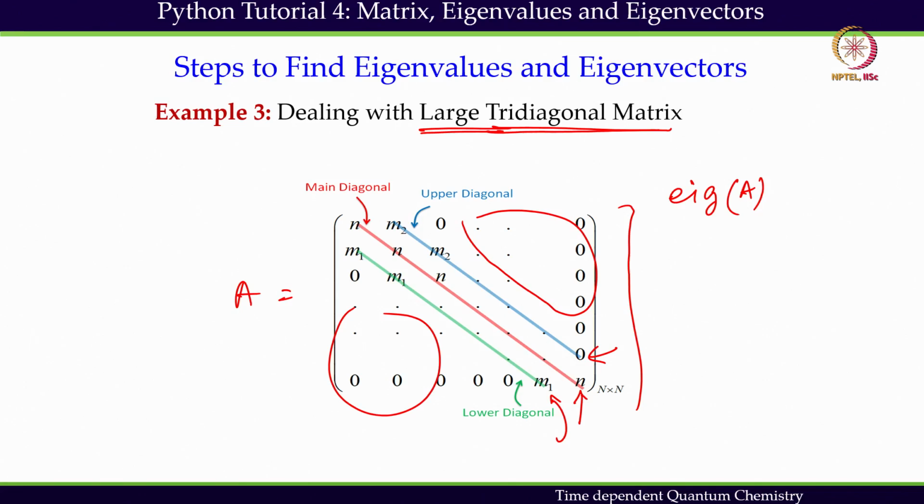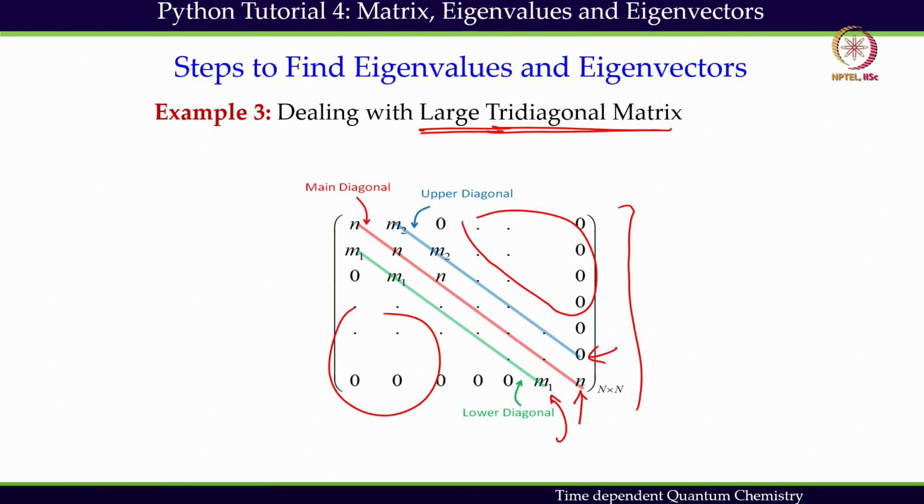So, we will present how to deal with a very large tridiagonal matrix, and we will show that instead of doing the direct calculation, if we do it in a band storage form, then the computation would be much more efficient and the computational time can be